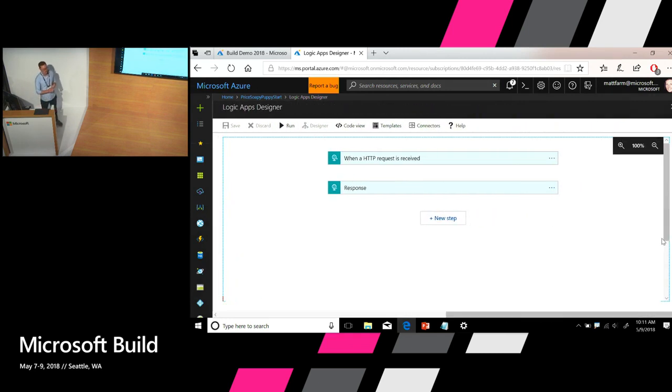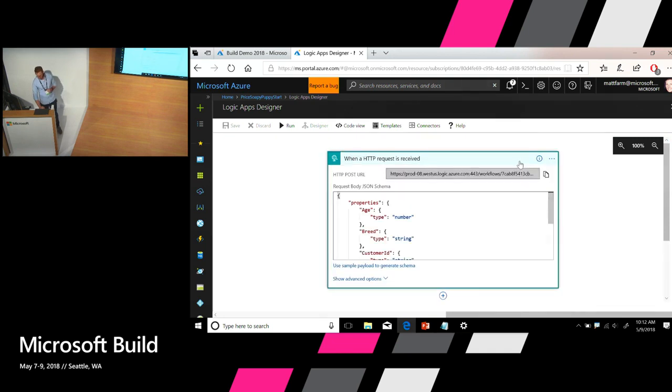One thing to point out about Logic Apps is that if you have an HTTP-based Logic App, it's triggered with an HTTP post, it returns a value. Effectively, from that point on, it's an operation on an API. So you can use Logic Apps to build individual operations and make them part of your API, as we've done here. So what I've done is use the HTTP request response template, and you'll see here that we have a